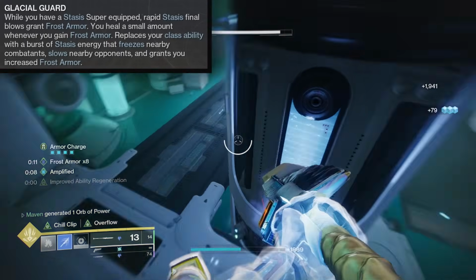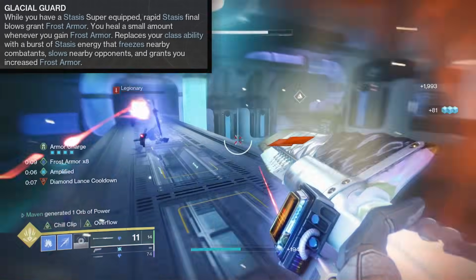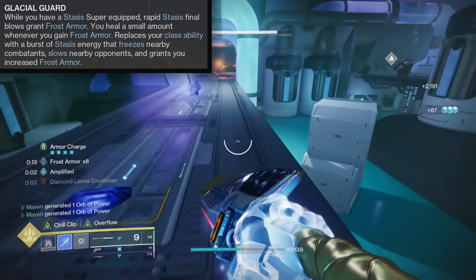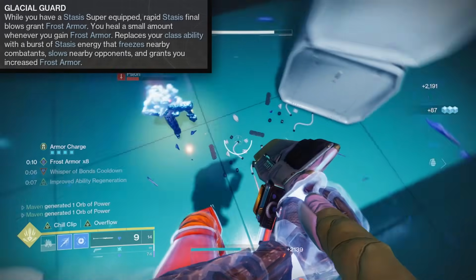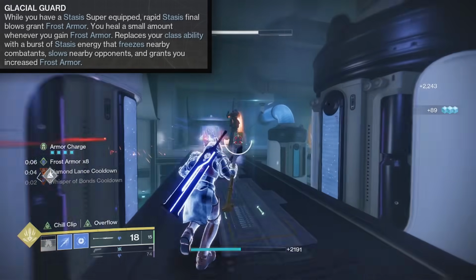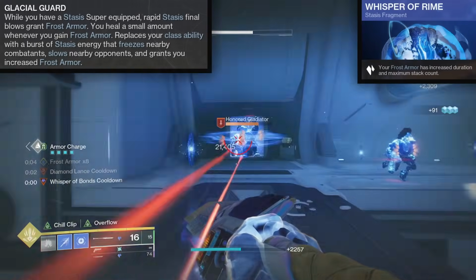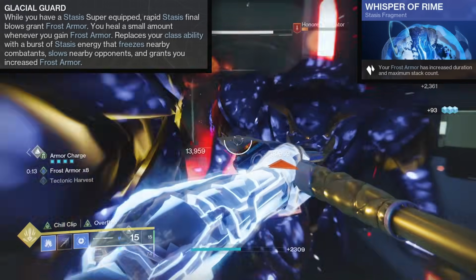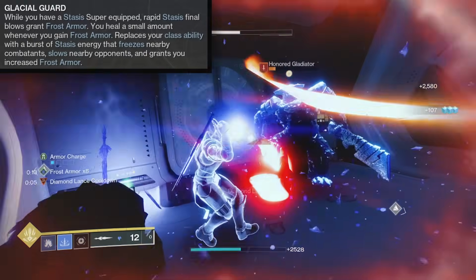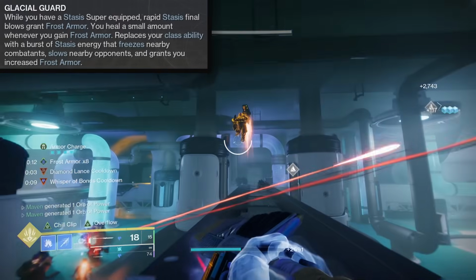Rapid Stasis Final Blows grant Frost Armor. You heal 10 HP whenever you gain a stack of Frost Armor, and of course it also replaces your Barricade with that macho looking ability that freezes nearby enemies and grants you max stacks of Frost Armor. And since we got Whisper of Rime, we can hold up to 8 stacks of Frost Armor and increase their duration to 13 seconds. So popping our Icefall Mantle thing will instantly grant 8 stacks of Frost Armor and heal